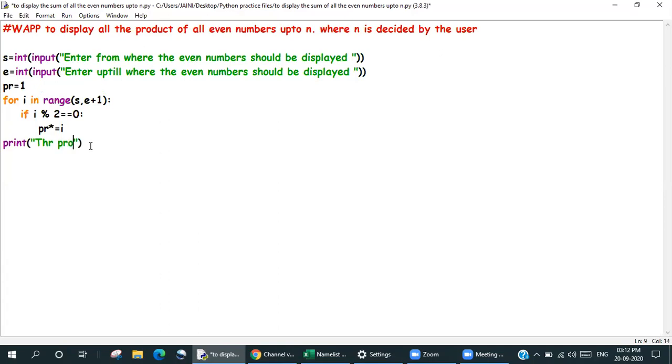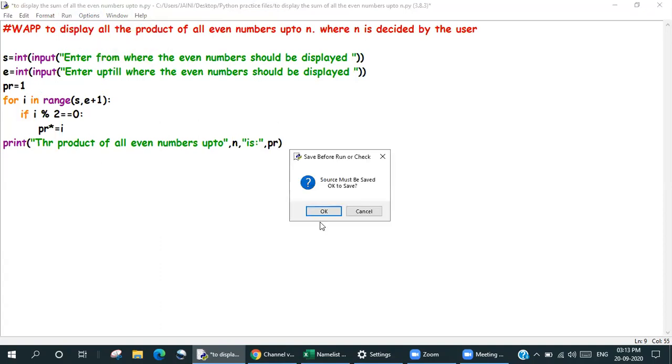You'll say the product of all even numbers up to n is, when you put a comma, a space will automatically come. Product of all even numbers up to n is whatever is the product. Now let's run this and check.